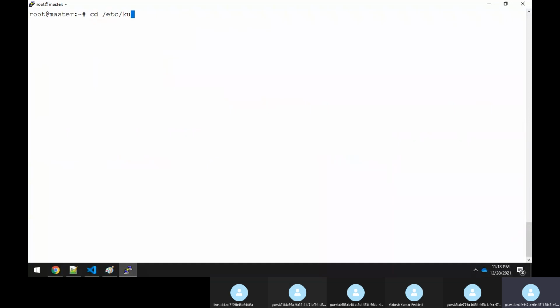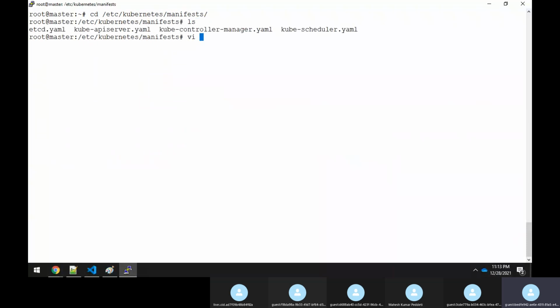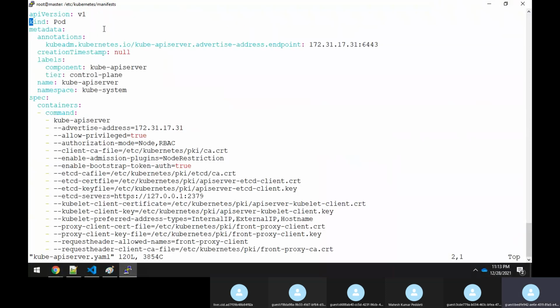Go to the Kubernetes manifests directory, and there you have a manifest file, kube-apiserver.yaml. First open this file. If you come over here, you can see one field, --enable-admission-plugins=NodeRestriction. What you have to do here is add a comma and then PodNodeSelector.